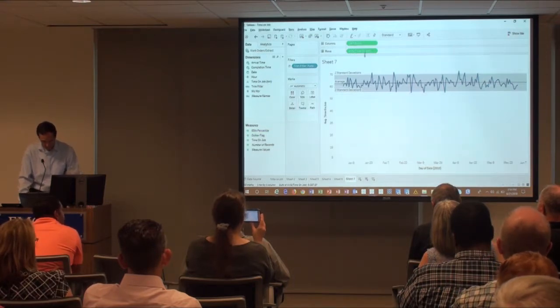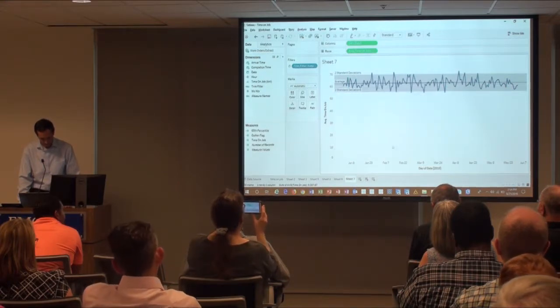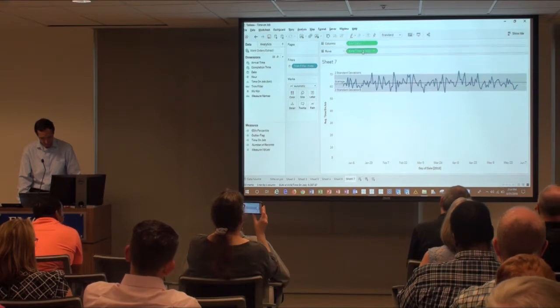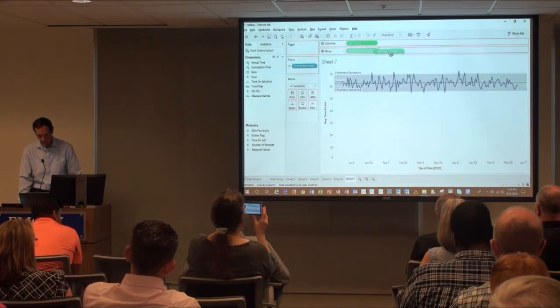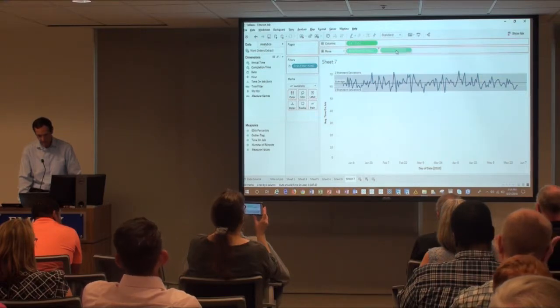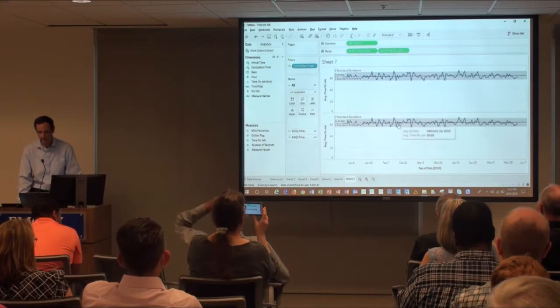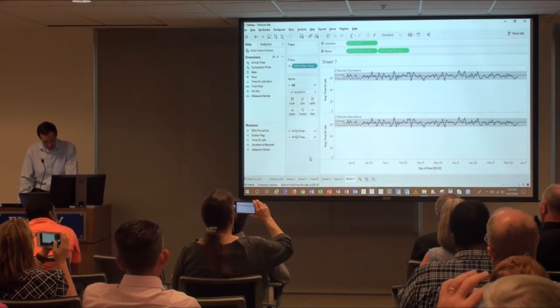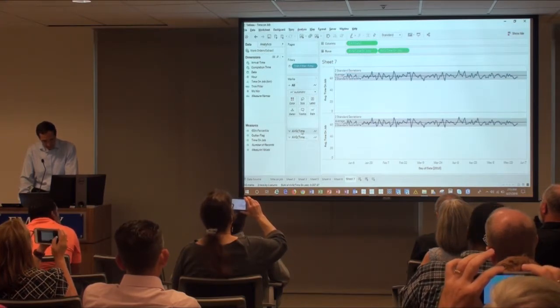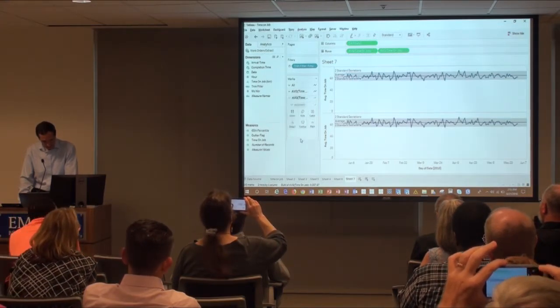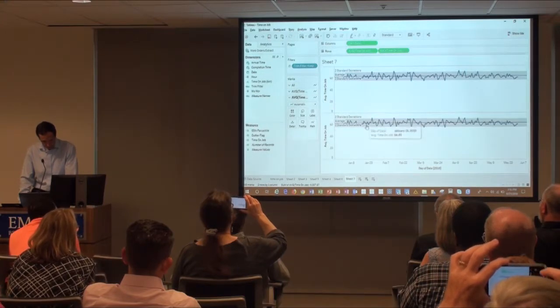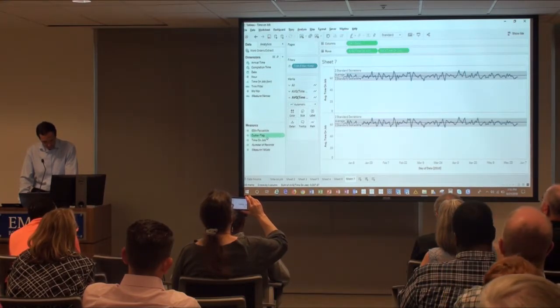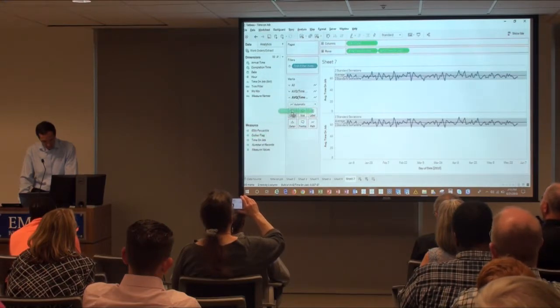I'd like to do this on a copy of this line. So I'm doing control, click, drag to create a second copy of this average time on job so that I have two of them here. And over here on my marks panel, I have both copies. So this bottom one is the bottom one that I have here. So I'm going to take my outlier flag and put it on color.